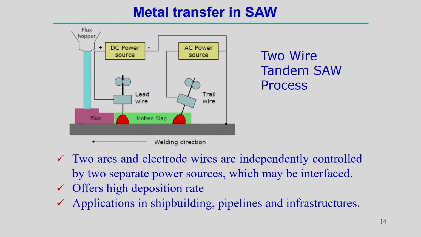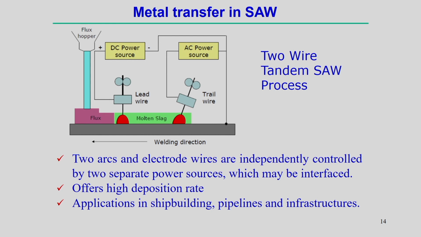Apart from metal transfer in CMT and gas metal arc welding processes, we can see metal transfer in the submerged arc welding process. In submerged arc welding, everything happens below the flux: the arc is created below the flux, covered with the flux, and this is the metal transfer from the droplet. But the submerged arc welding process is mainly applicable when there is a need to join very high thickness material.